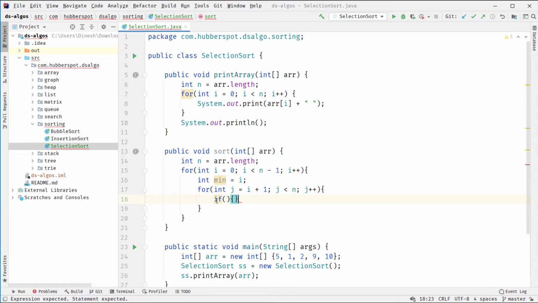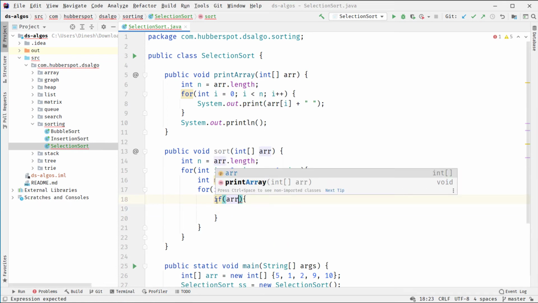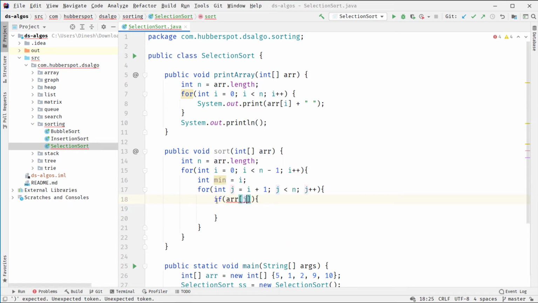And inside this for loop we'll provide a condition: if the value at jth index is less than the value at min index, then we know that we have found one more element which is less than the value at min index.